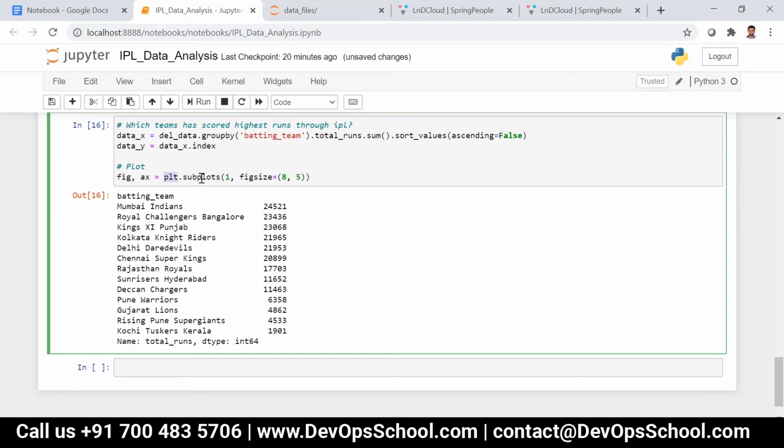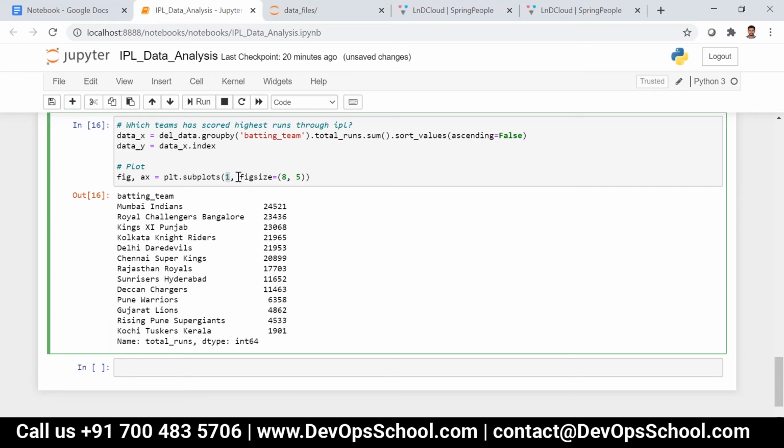Subplots means in a single space you can plot multiple graphs. Whatever value you provide here, you can plot that many plots. Here I have given only one, so only one plot.